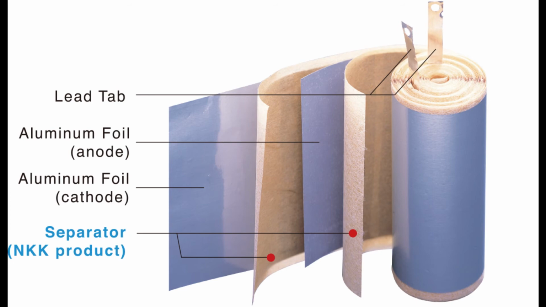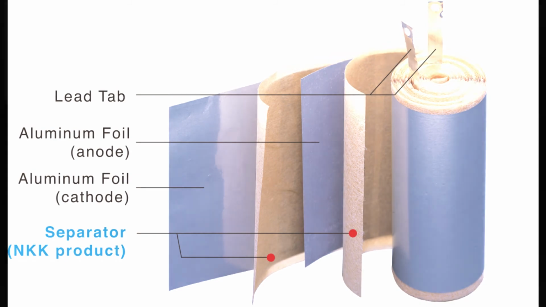As you can see in this diagram, the aluminum foil, or the cathode and the anode, the positive and negative terminals of this capacitor, is wrapped around with a dense layer of an insulating separator. Also, the outside is covered with an insulating sleeve, which is either made out of plastic or sometimes rubberish material in order to prevent the outer layer of the aluminum from being exposed to the